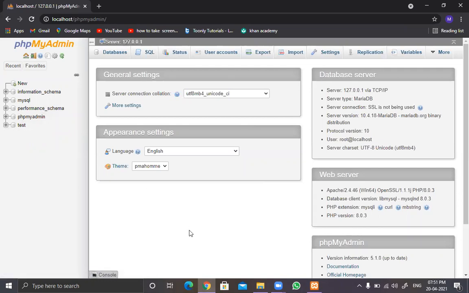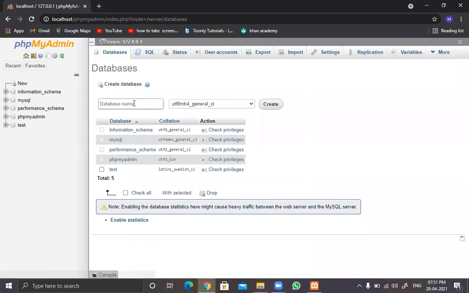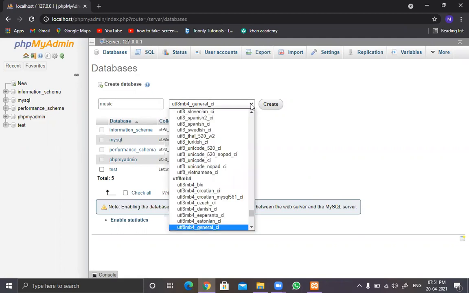When you need to create a new database, just go to this databases tab and provide the name of the database. Let's say I name my database music database, and just provide the collation. In most cases, you generally keep it as UTF-8 MB4 general CI.